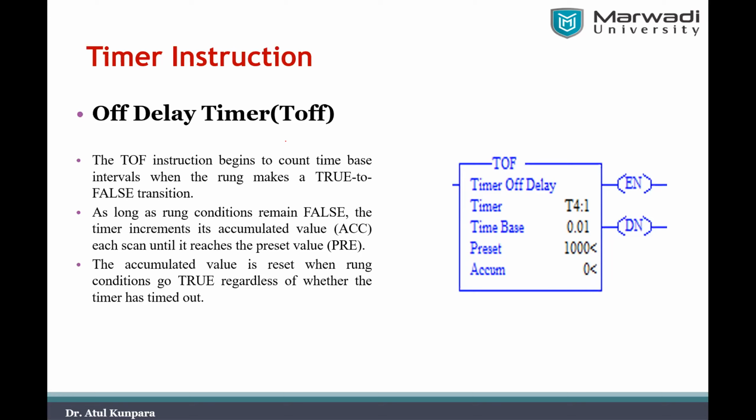But here, the only difference in functioning between these two blocks is what? In timer on delay, whatever preset time you are adding, that much delay will be taken to give you output. That is, the done bit will be enabled after that time. Whereas in the case of timer off delay, it will take that much delay after you remove the enable input to make your done bit off. Right? It means the output will be off, taking whatever preset time delay you are adding into the block. That is the exact difference between these two blocks. Otherwise, they perform similarly. Are you getting what I'm saying, everyone?